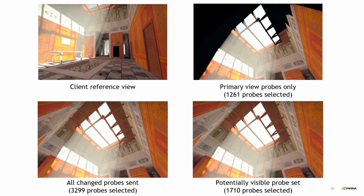We show here the worst case scenario, where no GI data exists in the culled parts of the GI volume. In practice, the image wouldn't be black, but would only contain outdated GI data. In the bottom right picture, we instead render the client view with a larger margin. This way, more probes are selected so that the client can safely move his camera view. This view looks equivalent to the case where all changed probes have been selected, but needs a significantly lower number